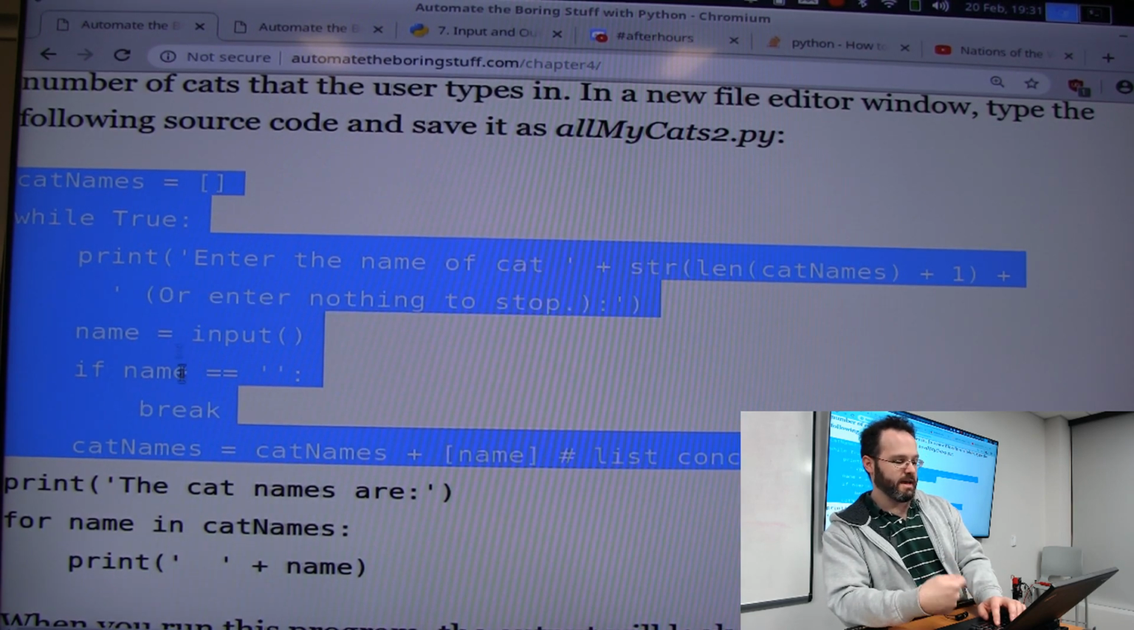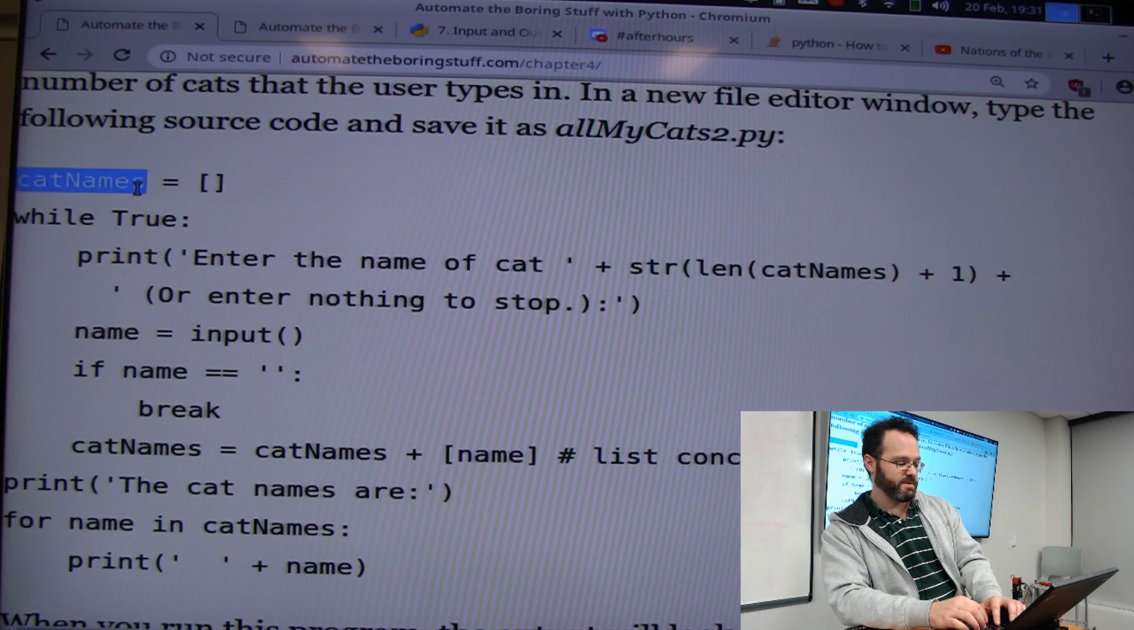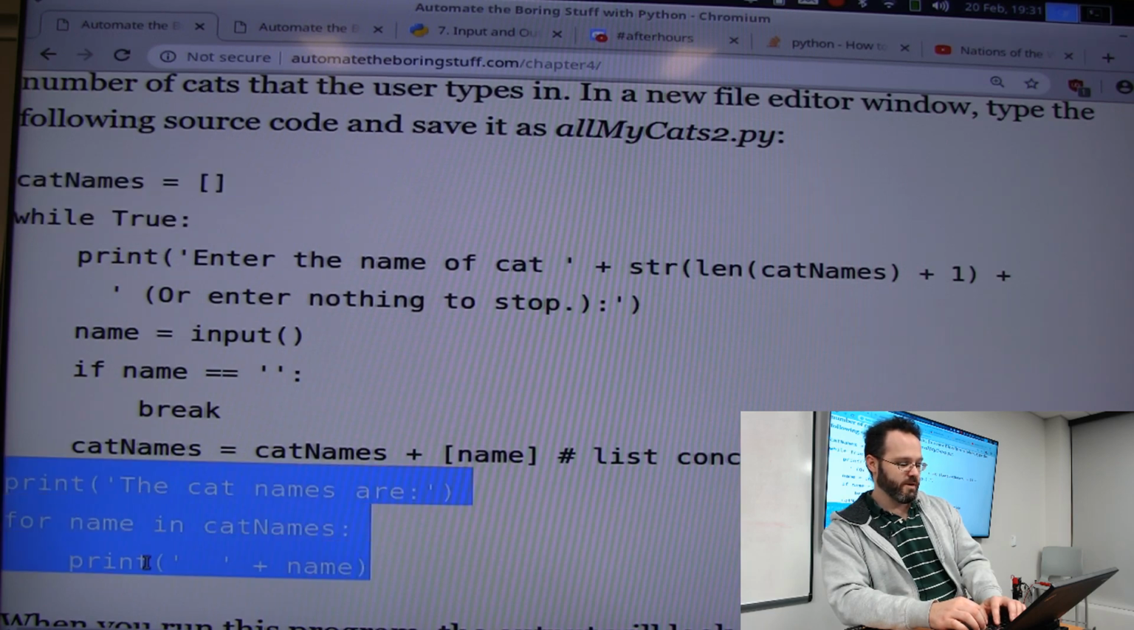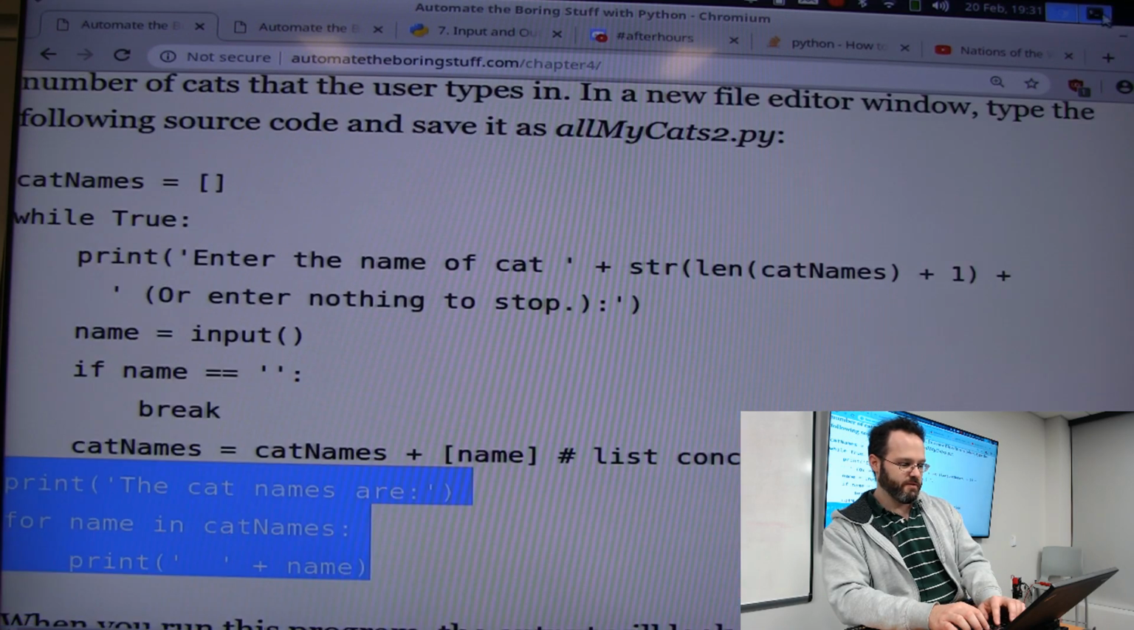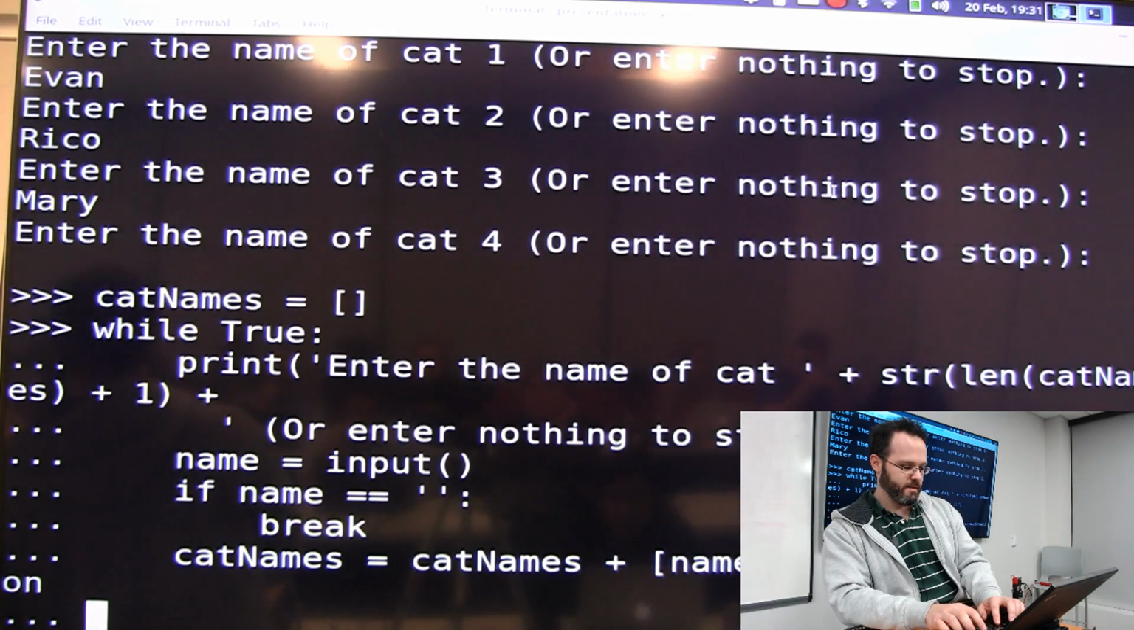Enter the name of the cat. I give it another name. It loops. I give it another name. It loops. But every time, it's adding that name to the list of cat names. Now what I want to do is run this command here, and we can print out all of the cat names. So if I take it and I paste that,